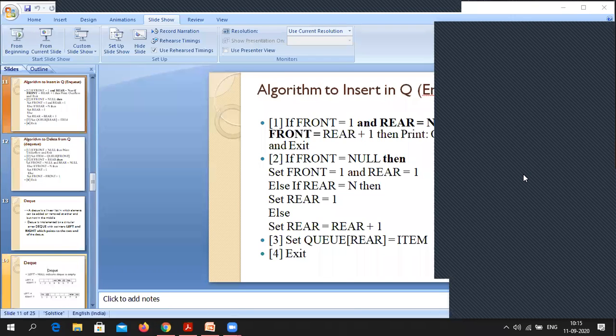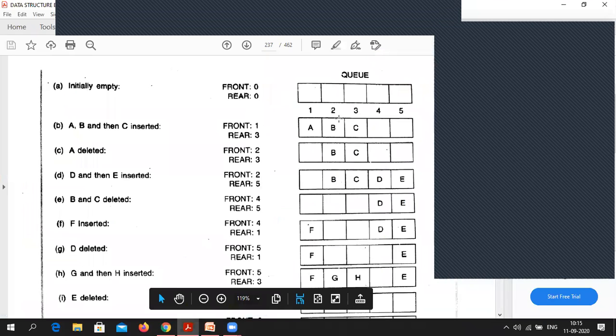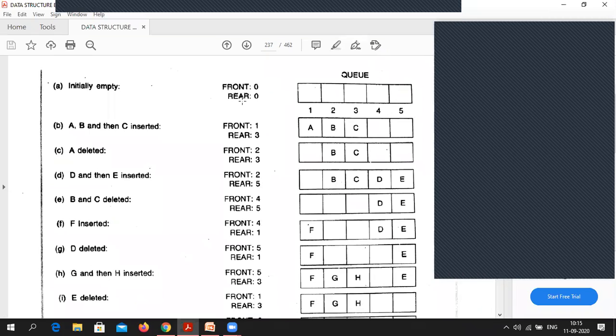No, Anmol Punji, it's wrong. When front is equal to rear, that doesn't mean that is the underflow condition. When front is equal to rear, that means there is a single element in the array. That is not empty. Yes, Ravinder, it is right. At least you can tell me when your queue is empty. When front and rear are both null, or you can say front is null or rear is null. Only one condition you can check. Then your queue is empty.